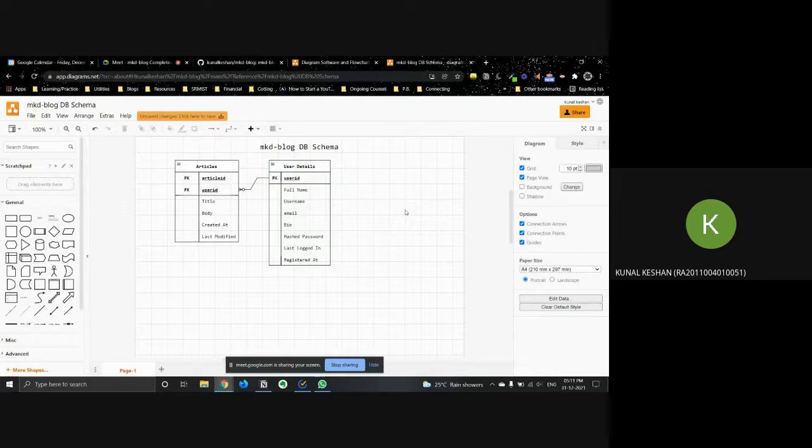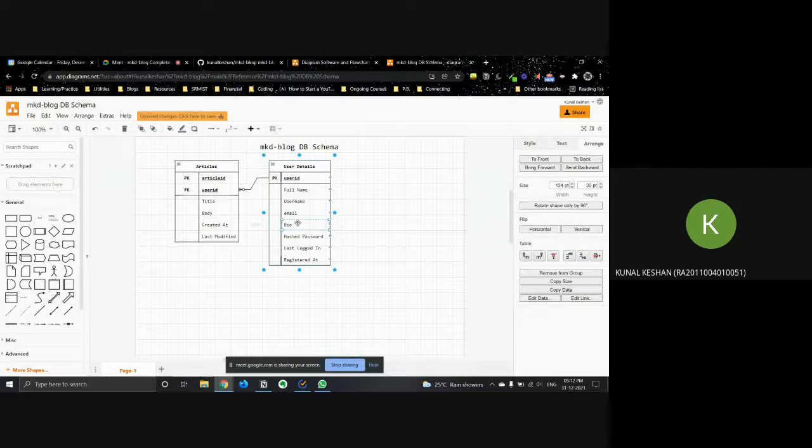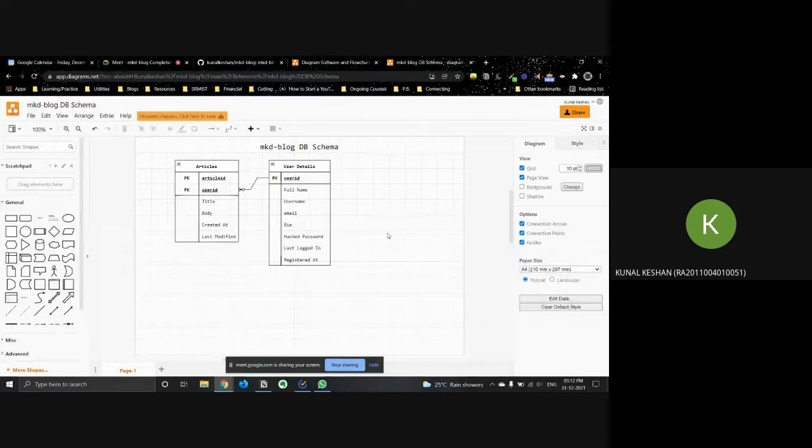But there's one more thing, right? We'll need to save the user's social media links as well, their Instagram, their LinkedIn. So when you go to the profile, you can go to that person's social media accounts as well, right?